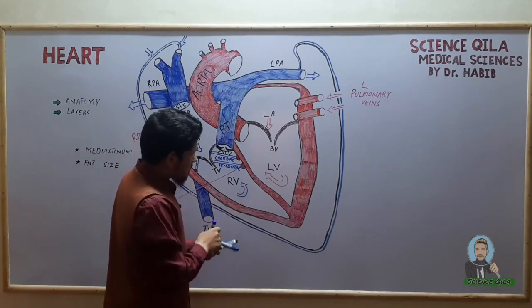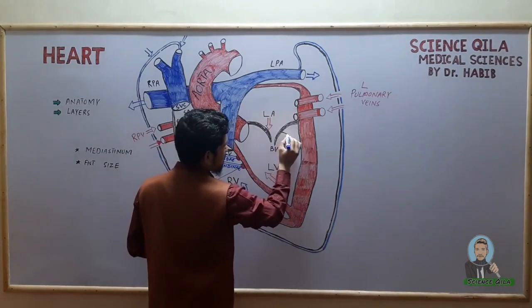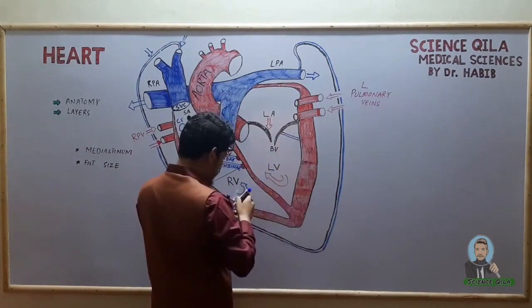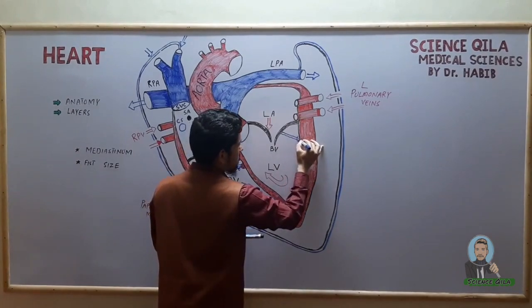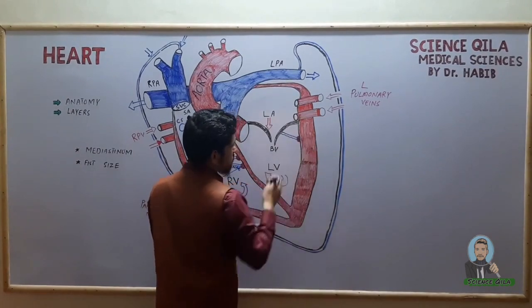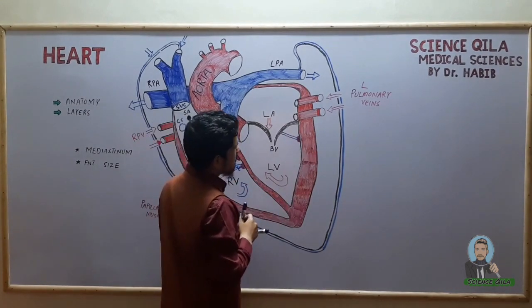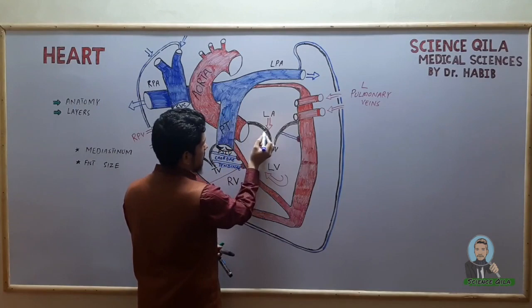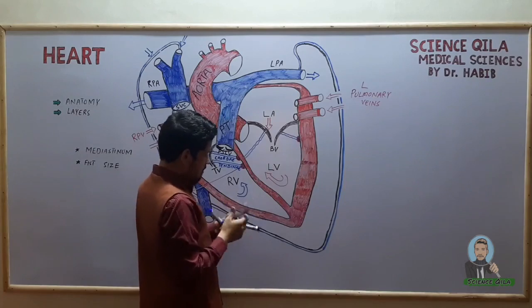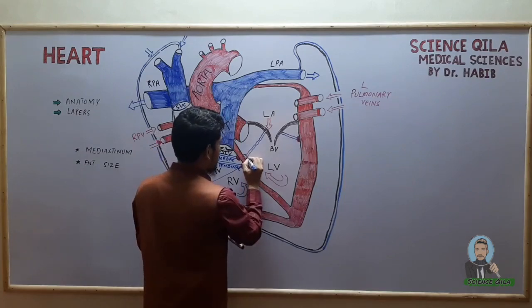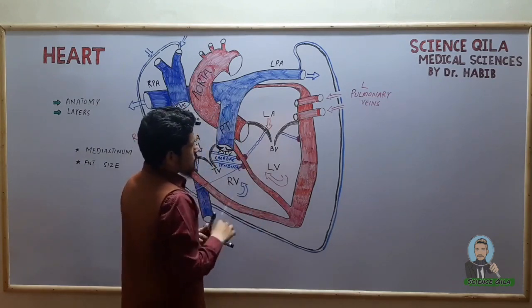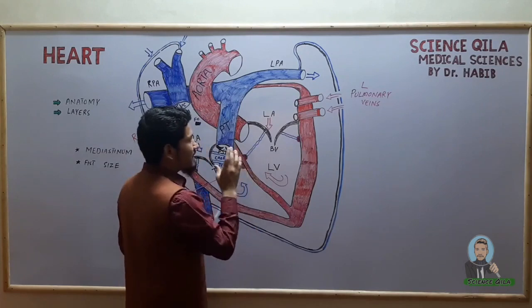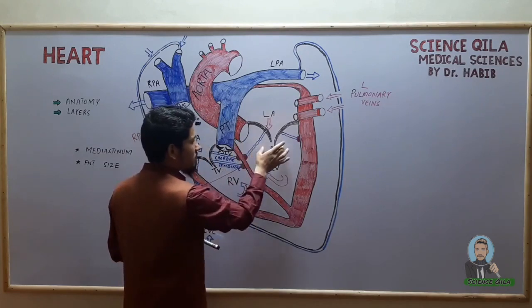So again, let's recap it. These valve flaps are linked to the papillary muscles through chordae tendineae. These are the papillary muscles, colored here as red, and these bluish lines are the chordae tendineae. They are linked to the papillary muscles to anchor the flaps of the valves in their position. So the oxygenated blood that entered the left atrium will pass through the bicuspid valve and will enter into the left